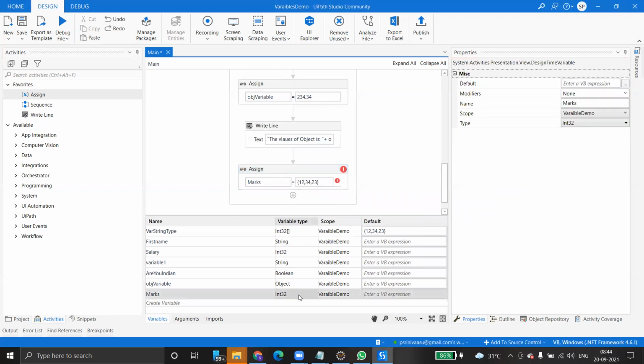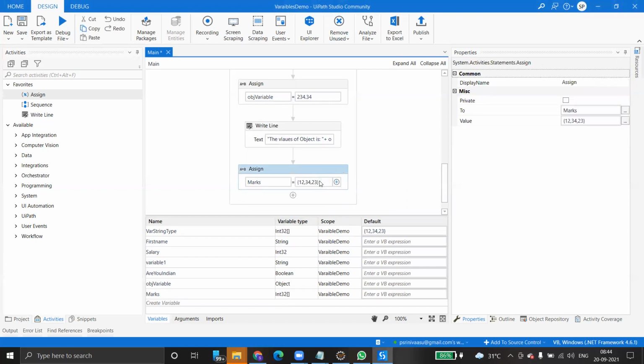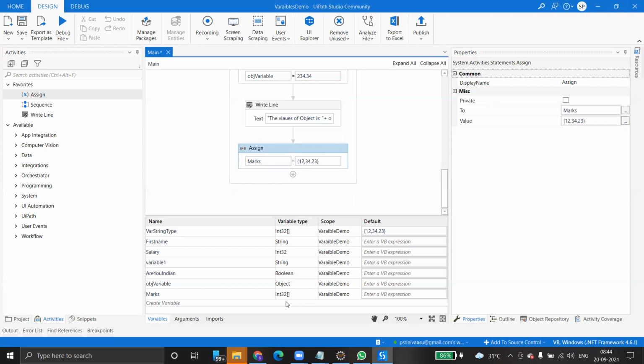Why? Just give me some time. Array of T, Int32. Okay, done. Now just go here. Yeah, now we are able to assign. Maybe we had selected wrongly. Now it is able to take integer. See, marks initially was System.Int32. Now it has become an Int32 array, a single dimensional array.